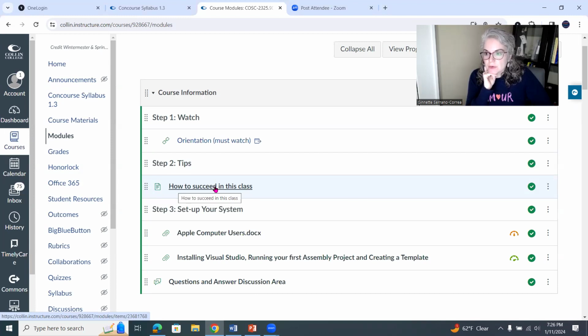Any code that I show you, type the code. Make sure that you see it run. And then, of course, work on your lab assignments on your own. We'll talk more about that in a minute.